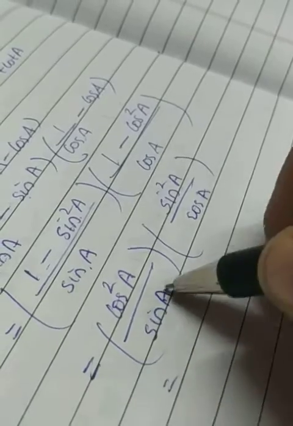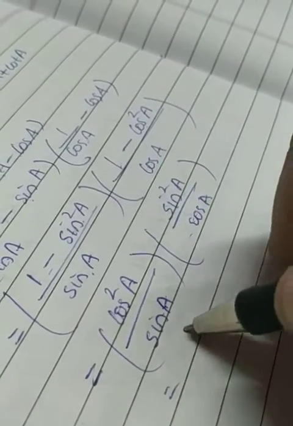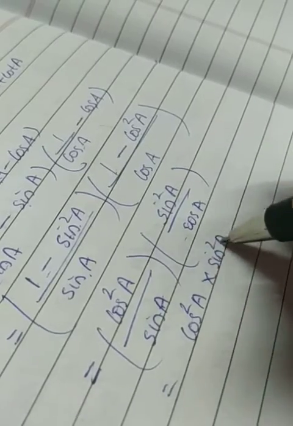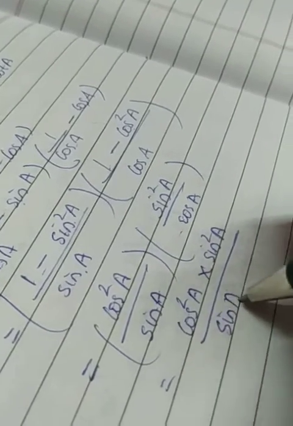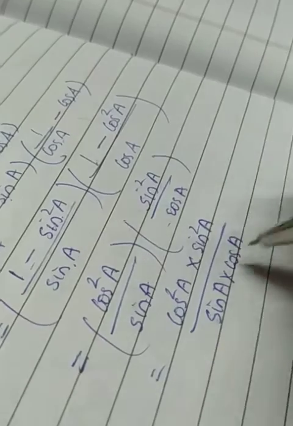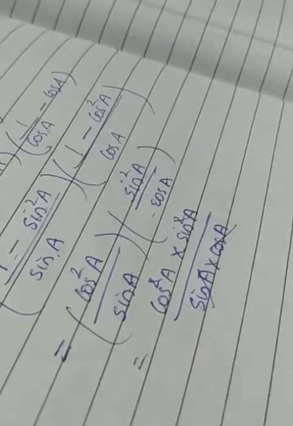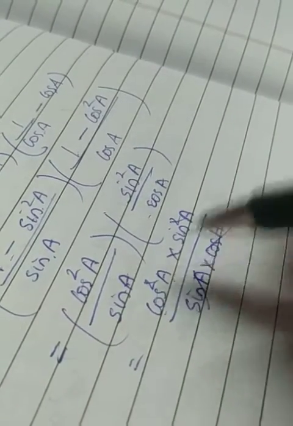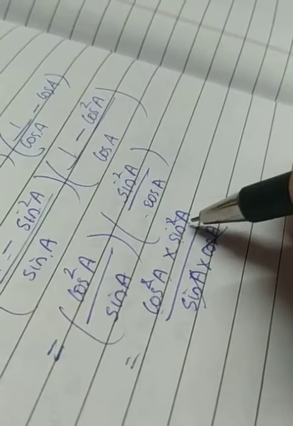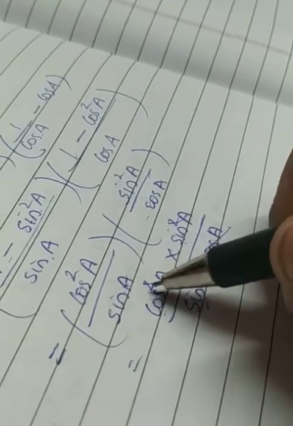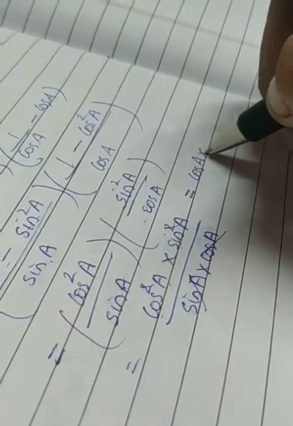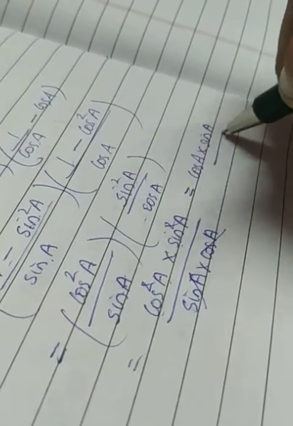So actually the term is the product of these two brackets. If I am removing the bracket, I can write cos square A into sin square A divided by sin A into cos A. What will happen? Cos A and this cos A get cancelled, sin A and the sin A get cancelled. I am not cancelling the complete term. Why? Because one cos A remains here, same way sin A remains here. That is the reason why I am just cancelling the power. So what is the balance in the numerator? Cos A into sin A. Further it cannot be simplified.